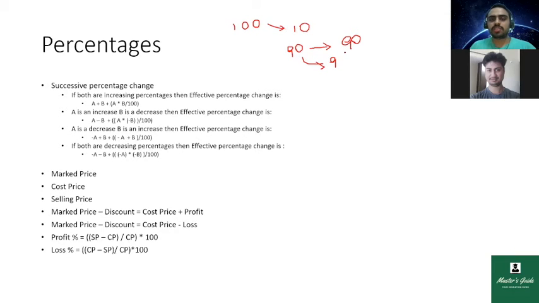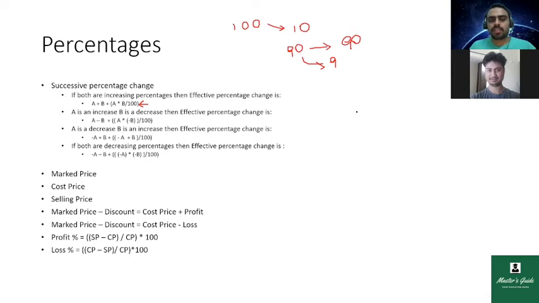So this is percentages. And if you are given successive percentages, in the sense, if I am given a 10% discount initially, and then again I am given another 20% discount, then to find out the effective percentage change, I can use this formula. You can just remember only one scenario in this, that is A plus B plus A into B by 100, and you can use it for all scenarios. So I will just tell you how to use it.